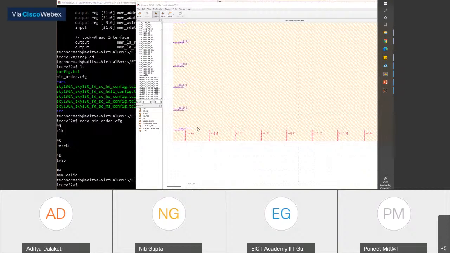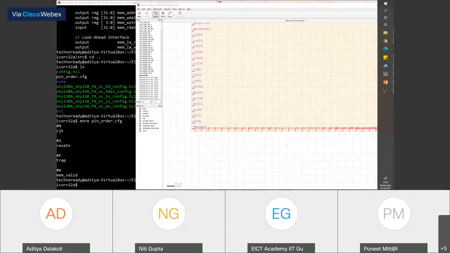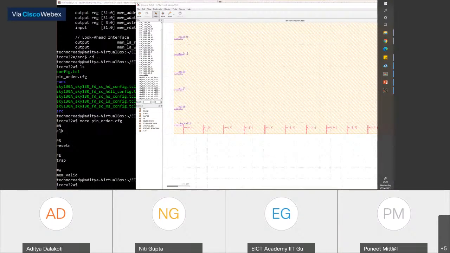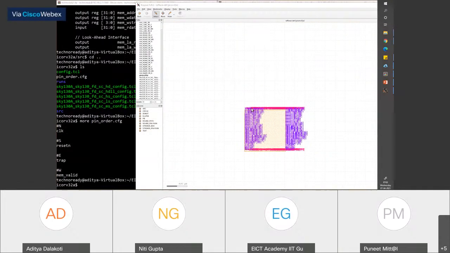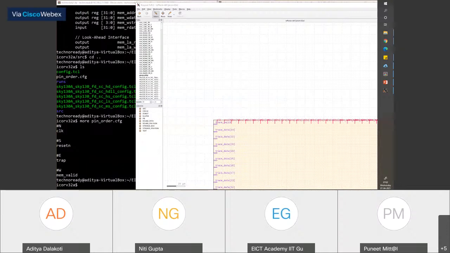For example, below clock, if I make EOI 0, then it will pick EOI 0 after clock at the top here in the north direction. So one after the other, whatever names I put, it will pick those. And the rest of them it will place randomly.